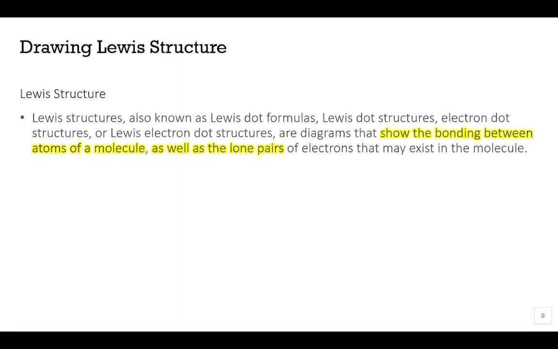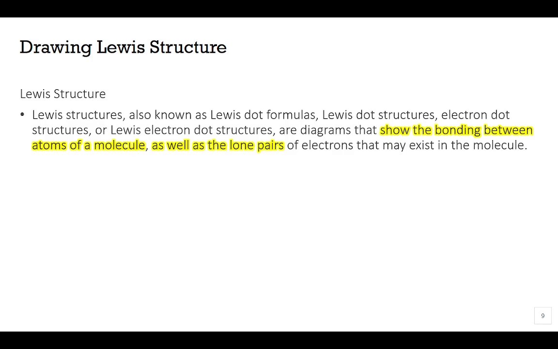Okay, now we are going to proceed to draw Lewis structure. What is Lewis structure? Lewis structure, also known as Lewis dot formula, Lewis dot structure, electron dot structure, Lewis electron dot structure, or Lewis dot symbol, are diagrams that show the bonding between atoms of a molecule as well as the lone pairs that may exist in the molecule. So for example,